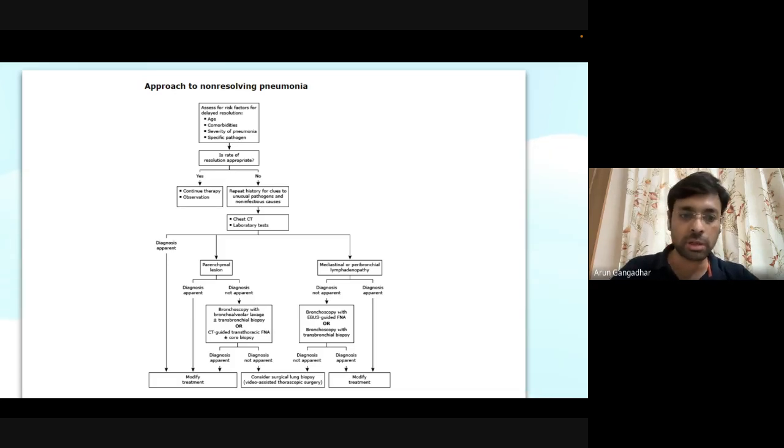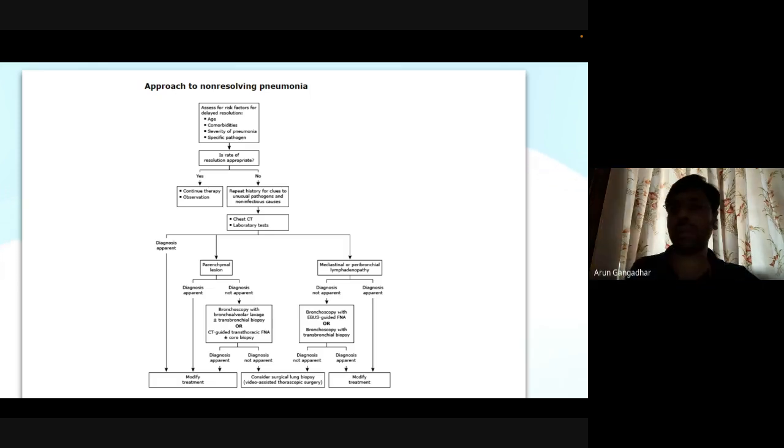Or whether the patient is developing other complications as well. Suppose with the CT scan and all the other tests the diagnosis is very apparent, we modify the treatment accordingly. Suppose we see that the patient might have a fungal cause, the sputum is growing a bit of fungus, we modify the treatment as well. And suppose the CT shows something sinister, we